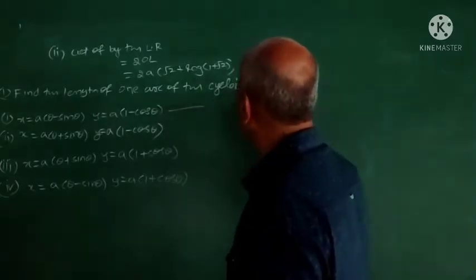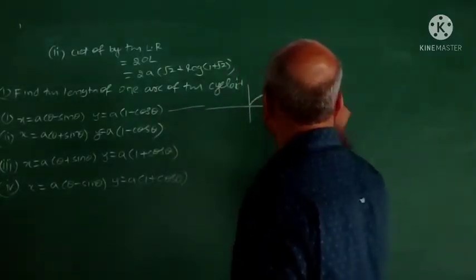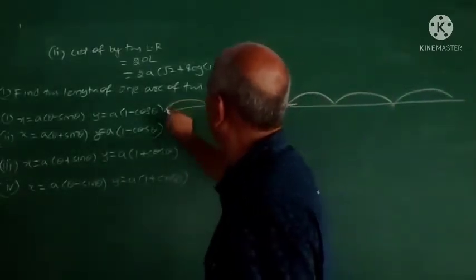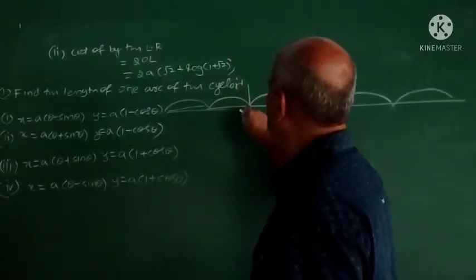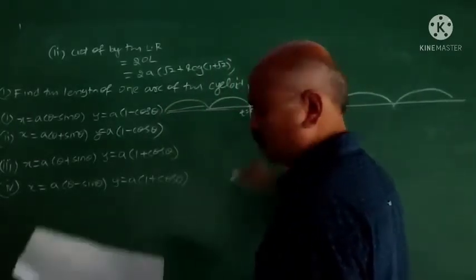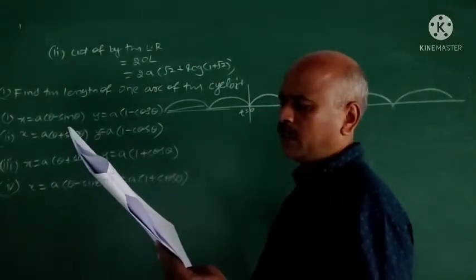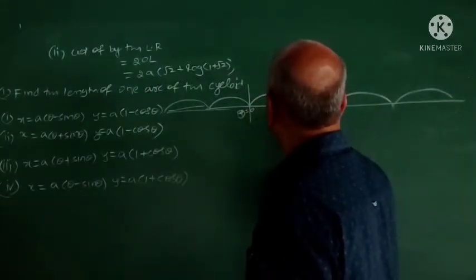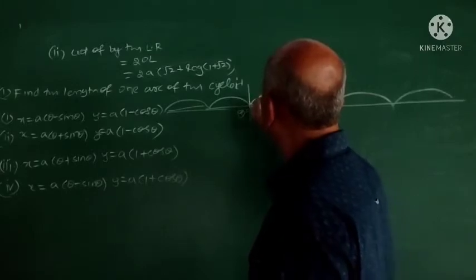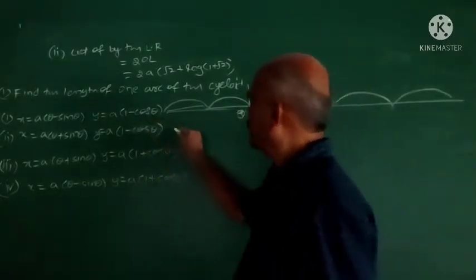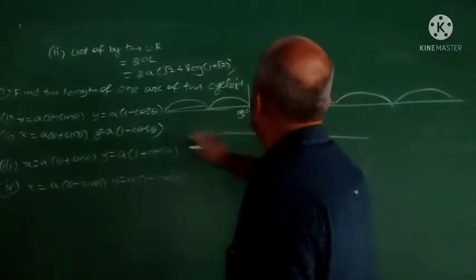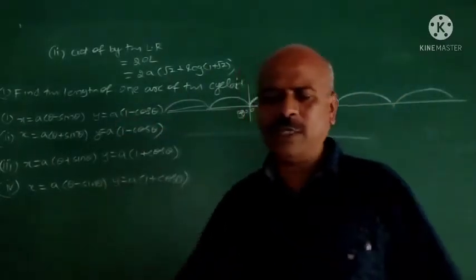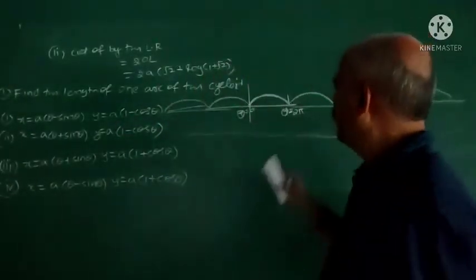This cycloid is like this. Remember, the cycloid is like this, with infinite branches, and it extends here also. And this is t is 0, and theta is 2 pi. I have taken theta is 0 to theta is 2 pi, which gives one complete arc, and this is one complete arc of this curve. Second is like this, or can I complete this one first? You go through that, you know the shape of the remaining also. In curve tracing I have explained all these things.